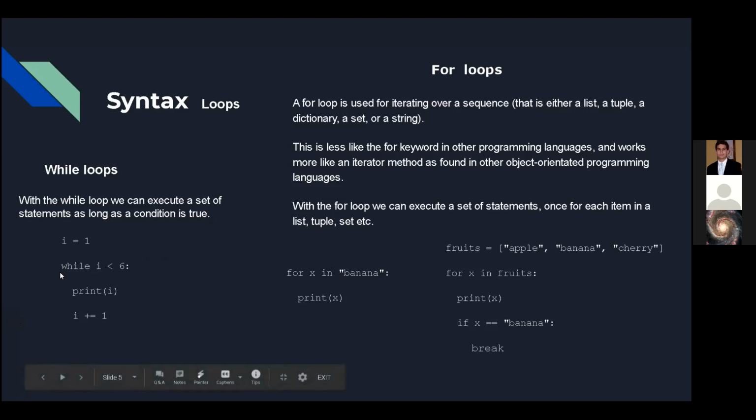So the while loop is just the condition, and then the set of instructions, right? And then you can add whatever you want at the bottom. Actually, we're gonna learn that in the upcoming one.